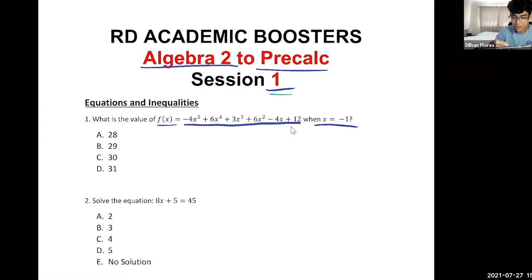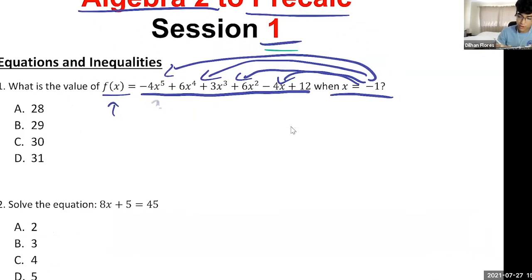When you have an f of x function with all these variables of x, just get whatever value they give for x and plug it into each one of these. Also, key thing to remember, when you're substituting for x, you've got to put it in parentheses, right? So for this first part, negative 4, and instead of x, we put parentheses and then negative 1, to the 5th power. Now, negative 1 to the 5th power, what's that going to give you? Put it in the chat.